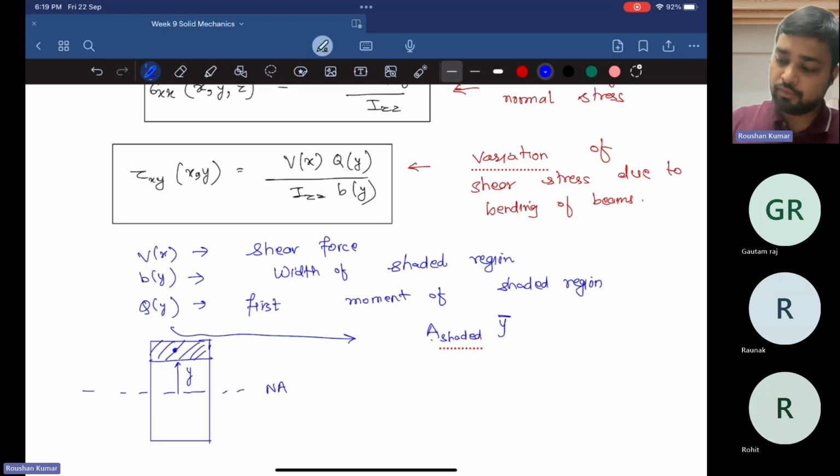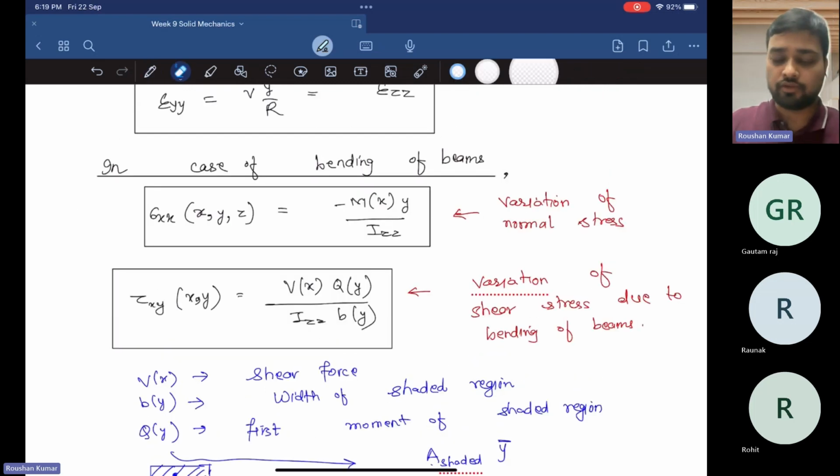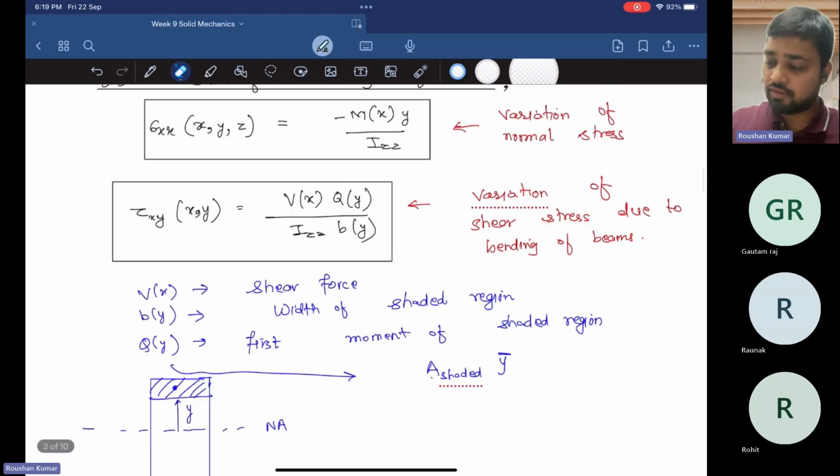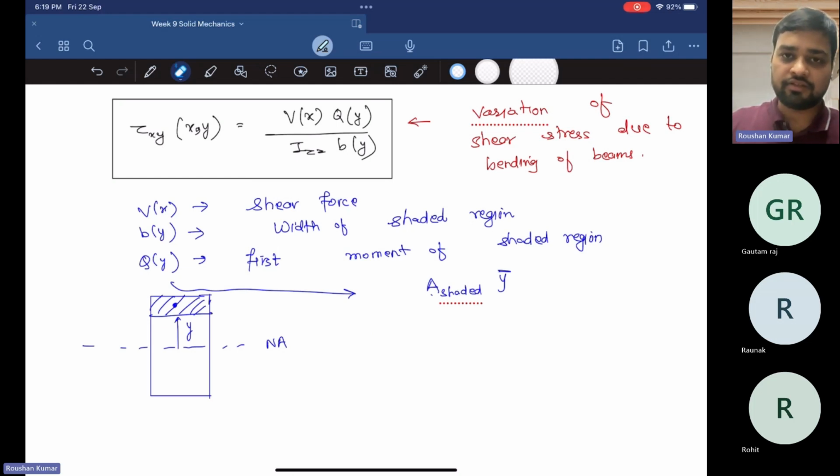So these two formulas, this one and this one, will be used many more times while solving the questions. So this is all about the first two lectures, and in the third lecture we discussed the bending of unsymmetrical beams. You can see the lectures and see how it can be dealt with,